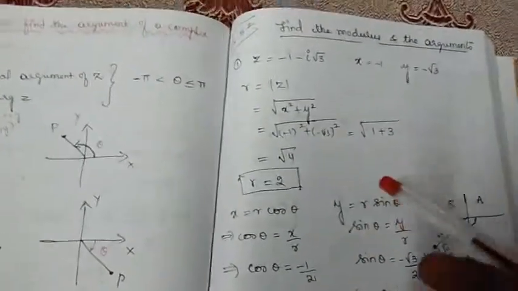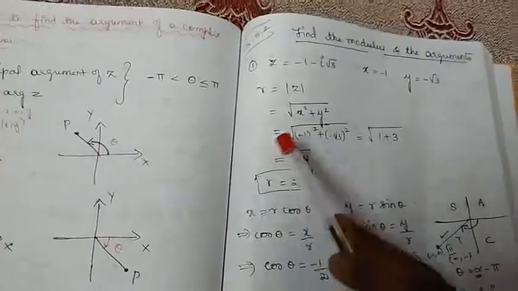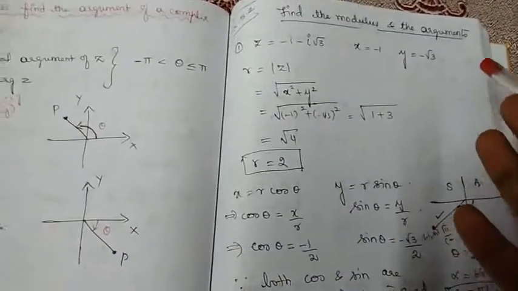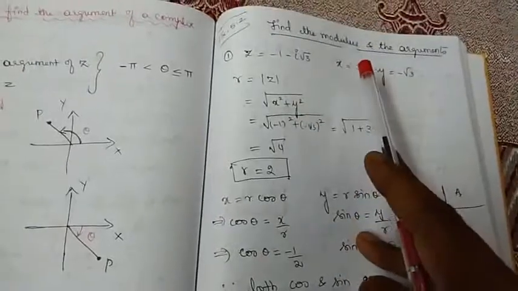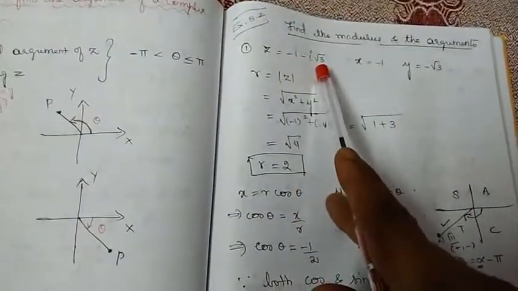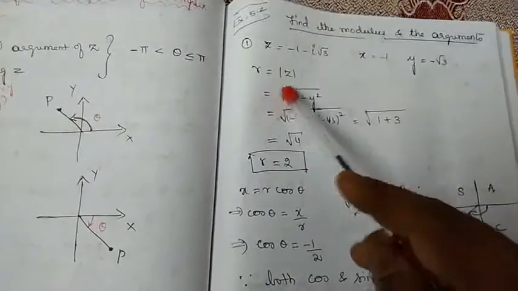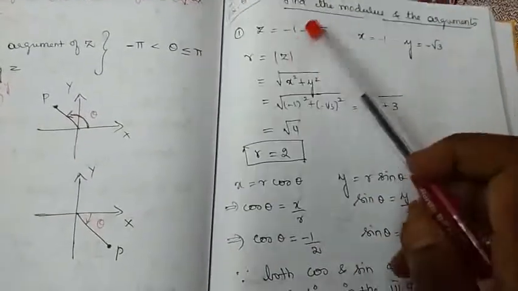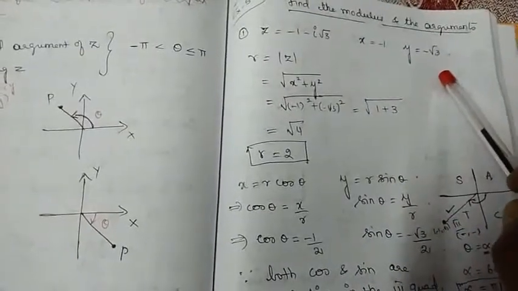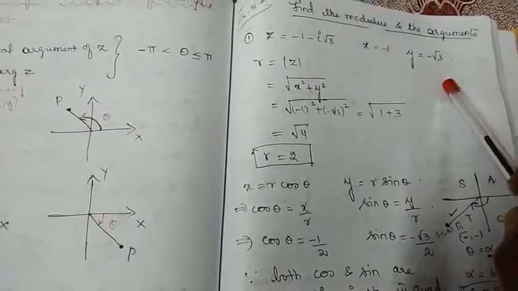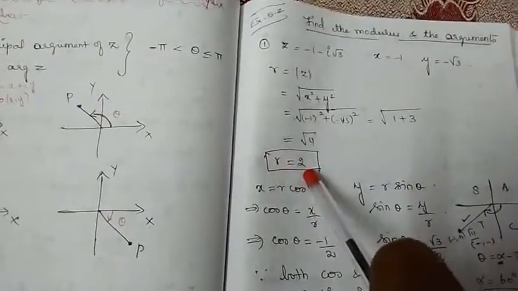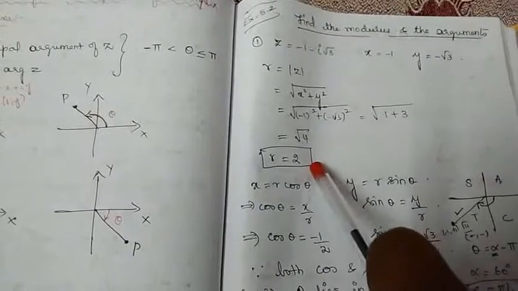Then we have solved problems like how to find the modulus and the argument. You may get a question like this. They may ask you to find the modulus and the argument, or they may ask you to express it in the polar form, right? So how to find the modulus? When the question is z equal to minus 1 minus i root 3, we know the modulus is the square root of x square plus y square. x is minus 1, y is minus root 3. You have to take them along with the sign, remember. So we got root 4, which is 2. So we found what r is.